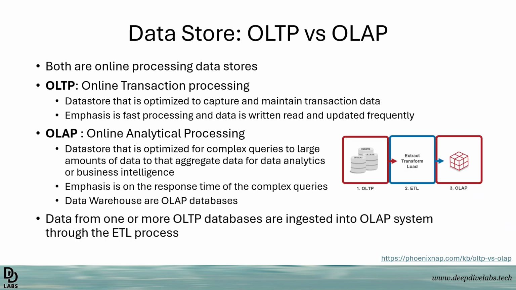So data from one or more OLTP databases is ingested into the OLAP system through the extract, transform and load process, the ETL system. This is also another way to understand your data pipeline, right? From your transactional system, we are bringing data to the analytical system. Later we'll see why in OLTP your database is referred to in cylindrical ways, where you have update, delete and insert, whereas your OLAP is referred to as a cube. So this is typically a data cube. All right, we'll talk about that as we go along.